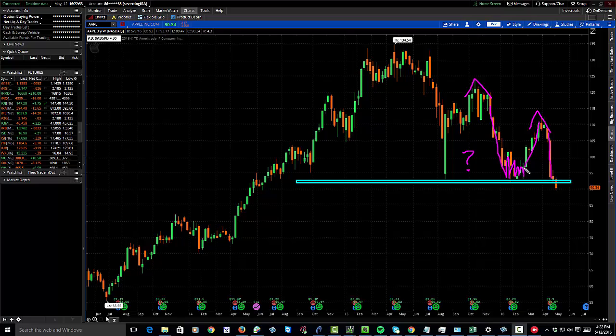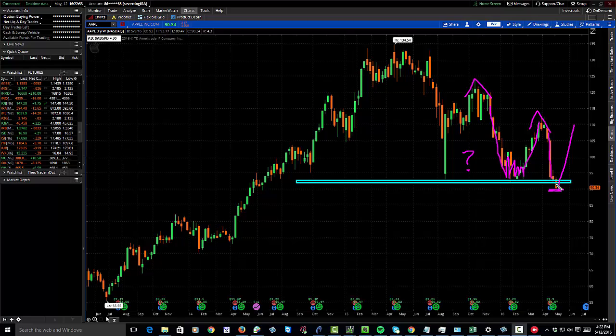Now, of course, one thing could happen, I think, that would cause a lot of people to be surprised: that perhaps some support and some institutional buying comes in here at $90 per share, and this thing creates a bear trap and simply zooms to the upside. I don't know if it's going to happen or not, but if it continues to go to the downside, if we start to see a lot of people saying, uh-oh, Apple broke support, so as of tomorrow morning a lot of sell orders come into play, then we could see a downside target come into play.